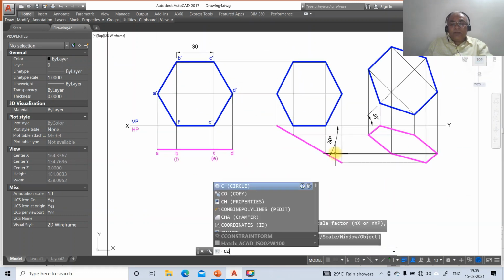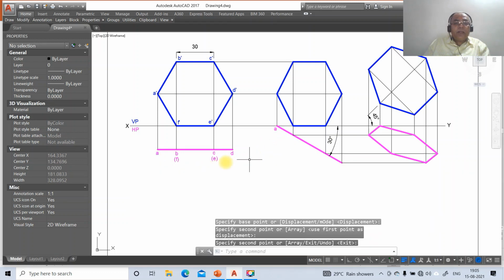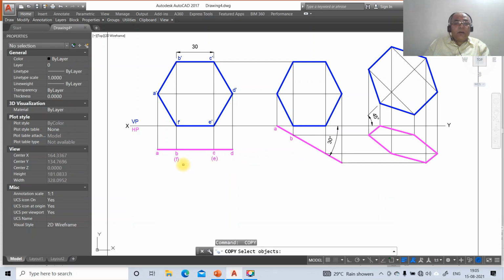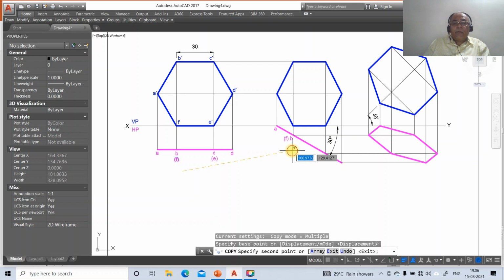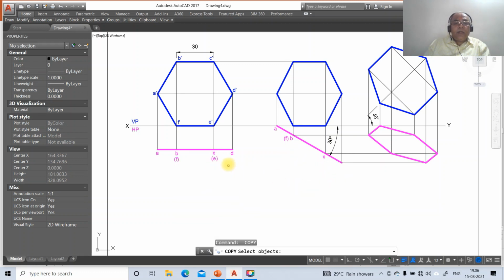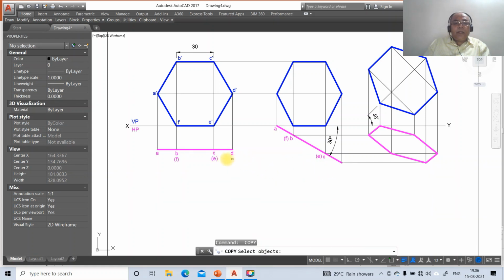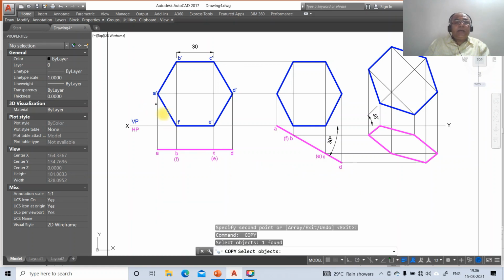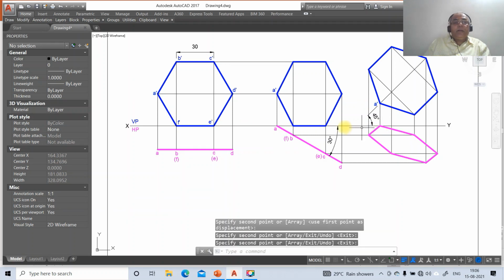So now you just copy these points here. So you copy A, and similarly B, and here you mark this also F, then C, then E, then D. Once you do that, then go to A dash, that A dash will come here,